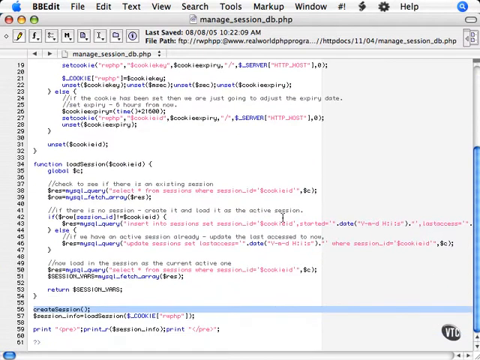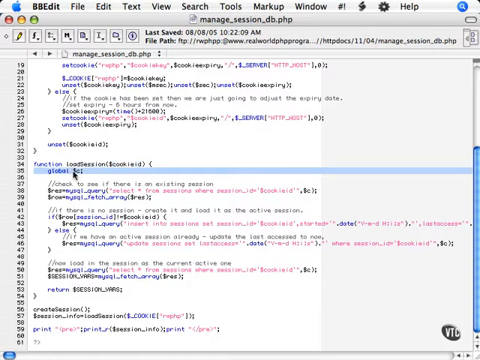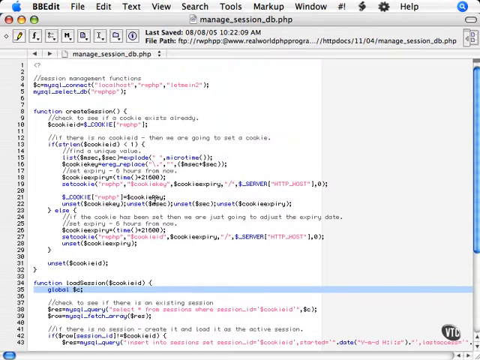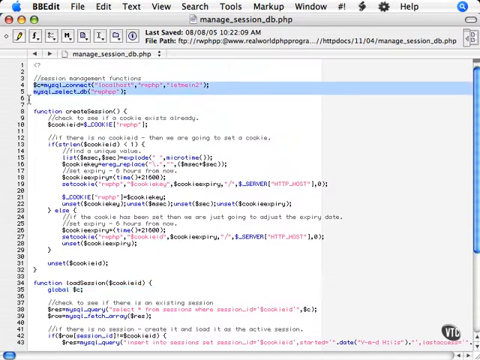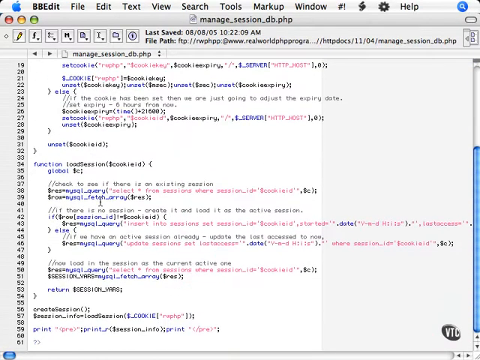The next function loads existing session information. You can see that it takes the cookie value as an argument. The global C statement here makes my database reference available within the function. We have our database connection started up here. So first thing we do is check to see if there's an existing record with this session ID or with this cookie ID. If there's no session available, which we do a check here, we try and load it into an array,